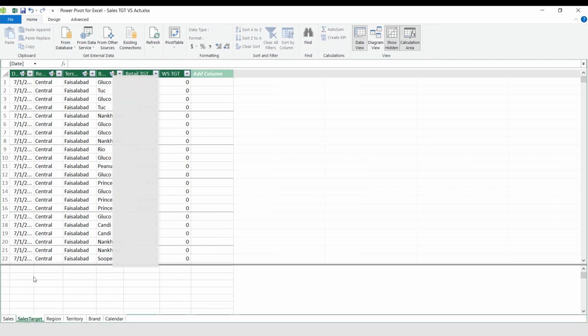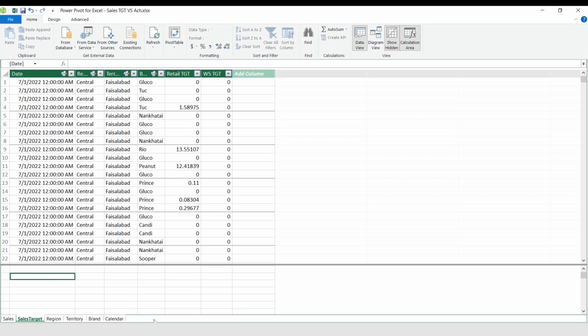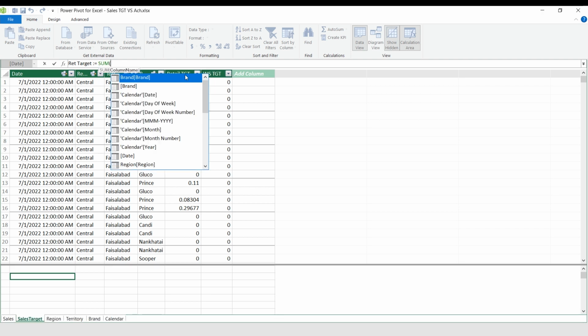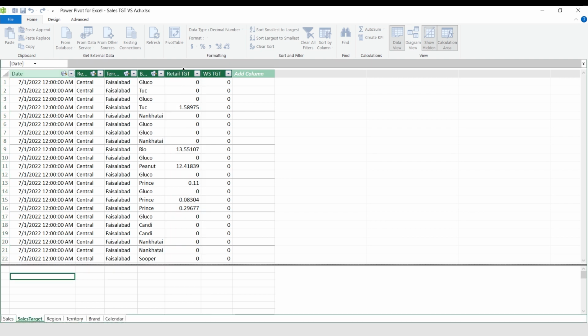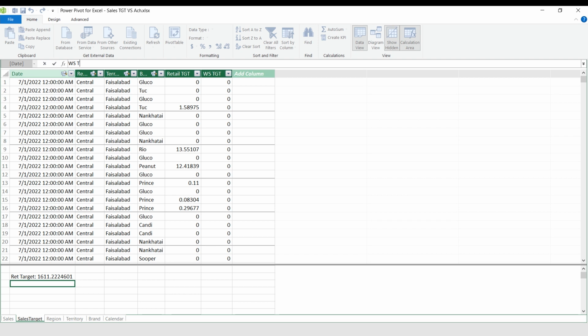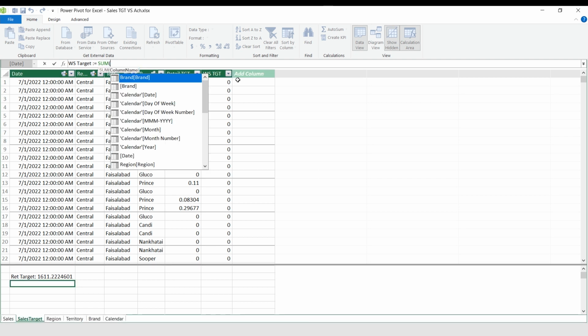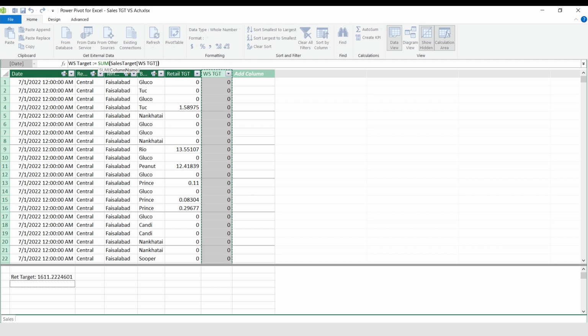So now I'm going to my target file. Here I will be calculating my retail target, sum of my retail, my wholesale target, sum my wholesale, bracket close.